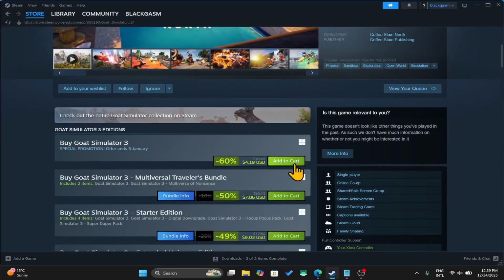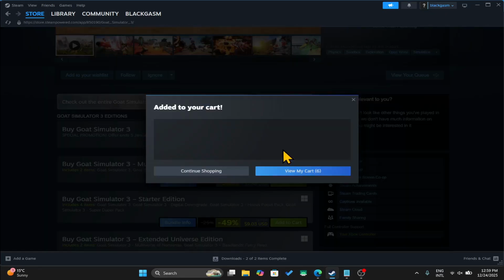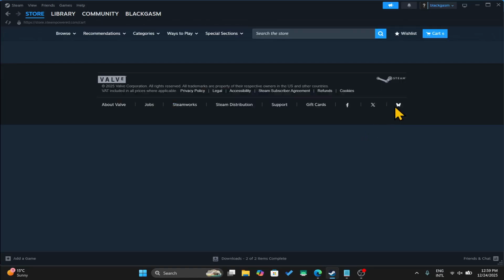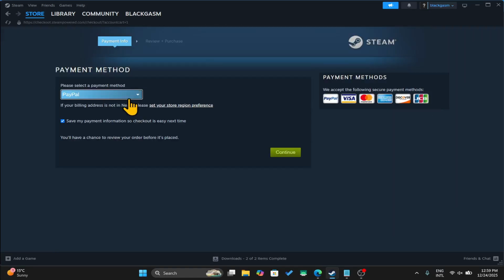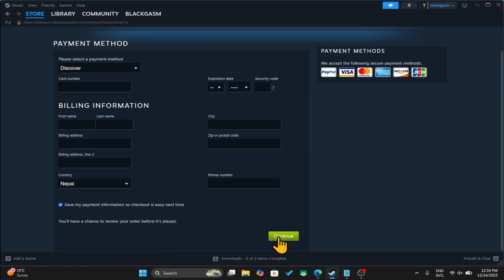Scroll down and click on the Add to Cart button alongside your preferred bundle or edition. You can then click on the View My Cart button in order to continue towards your payment. Now you have the option to use your Steam Wallet balance or one of the payment methods from the drop-down menu. Just enter your credentials followed by your billing information, and once you complete the transaction, the game will be